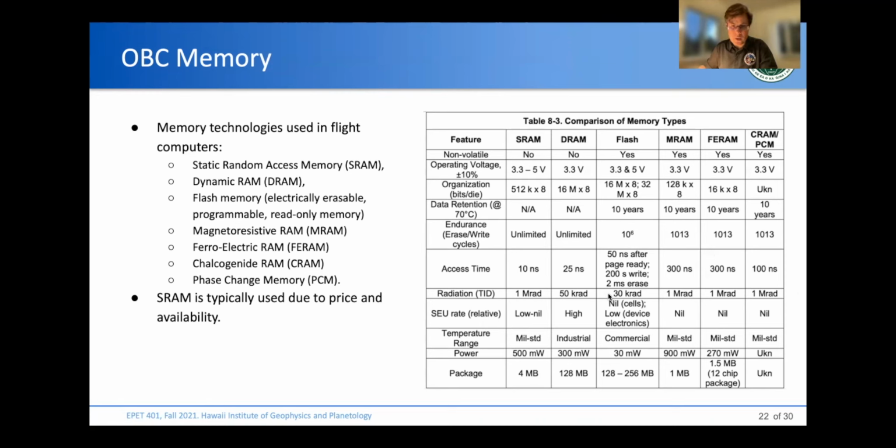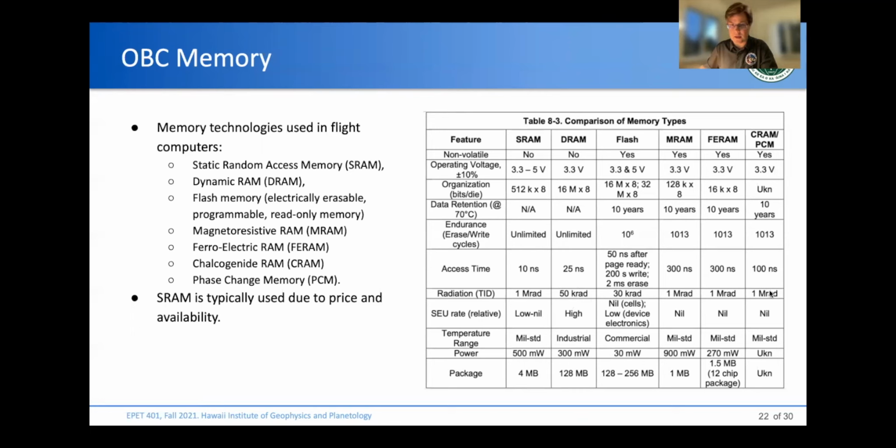And one thing that I'm usually interested in is the radiation dosage, so the total ionizing dose. You can see that flash here is about 30 kilorad. This means flash would survive about a 1 or 2 year mission in low Earth orbit. But if you need more time, or if you're going beyond low Earth orbit, you want to look into different